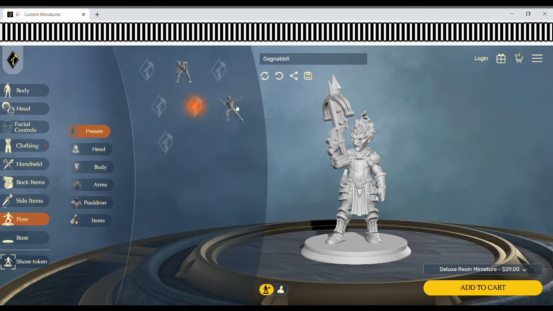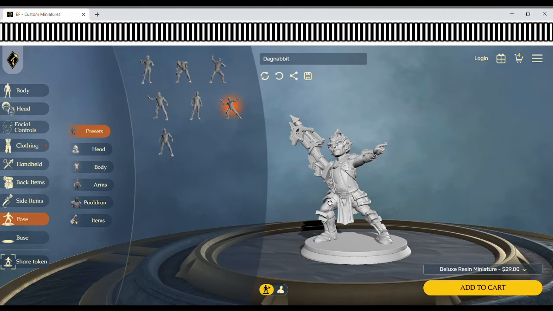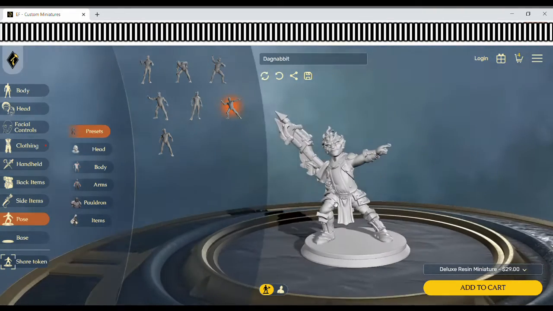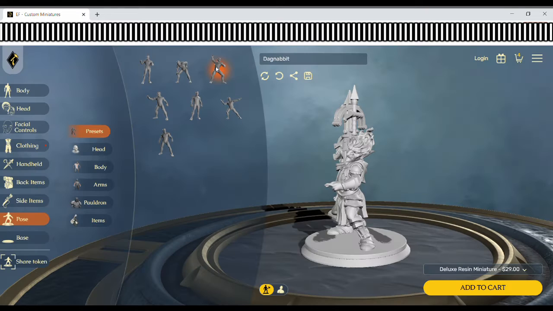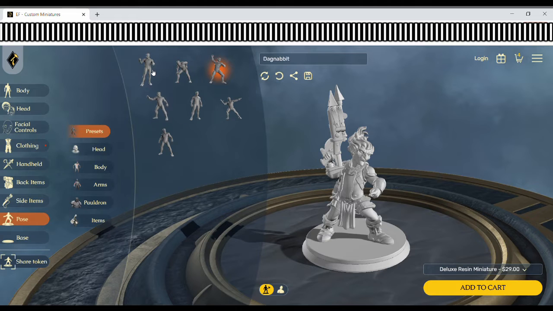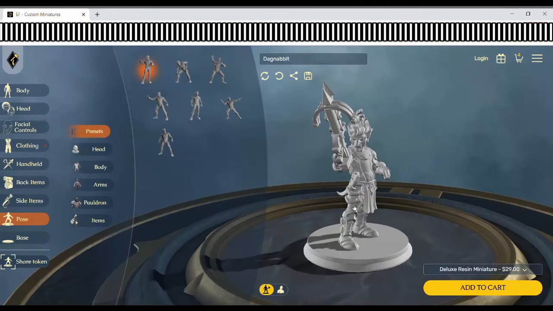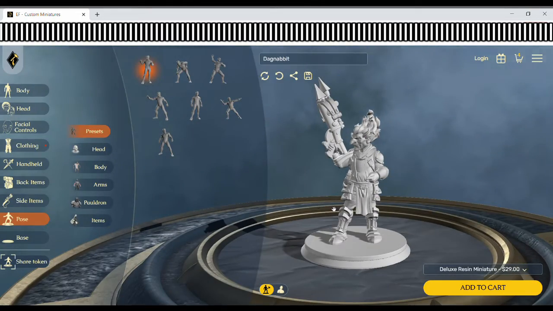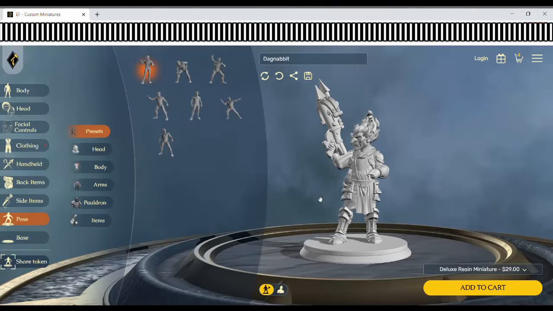And then you can select the pose. There are a number of preset poses. You can just select those and the character will reshape accordingly. That's a dynamic pose. So these are available if you don't want to go through the effort of reposing your character. I like that one. We'll use that as our base, but we are now going to repose the character because we have those options